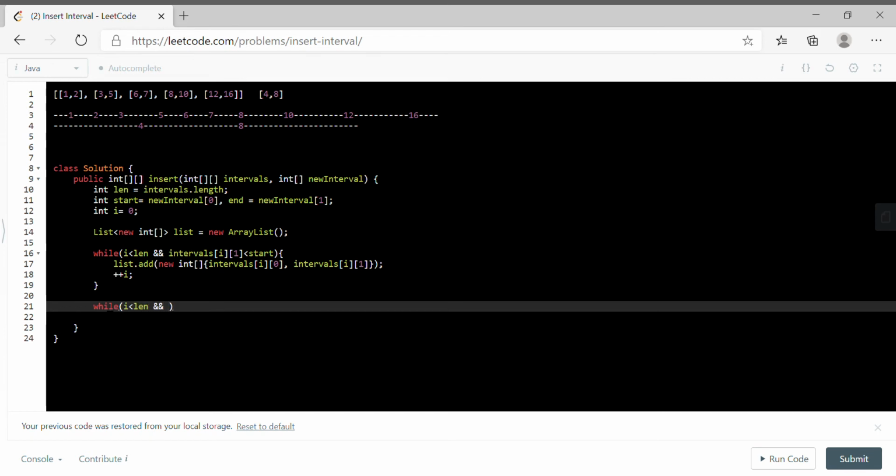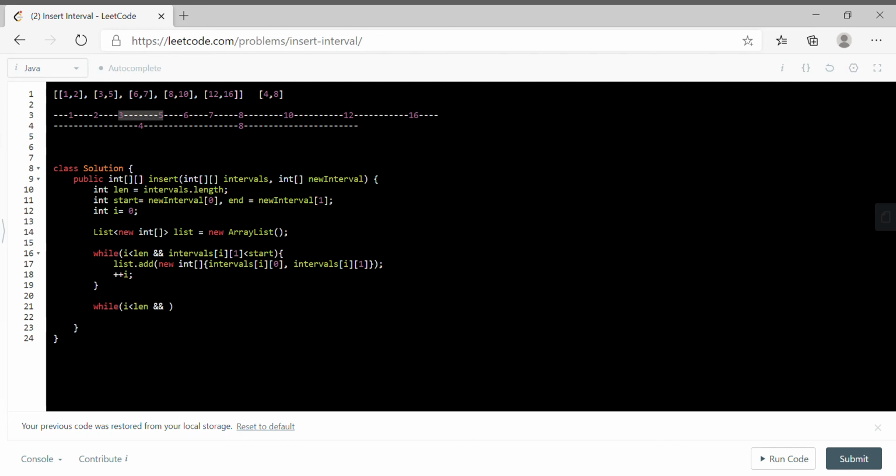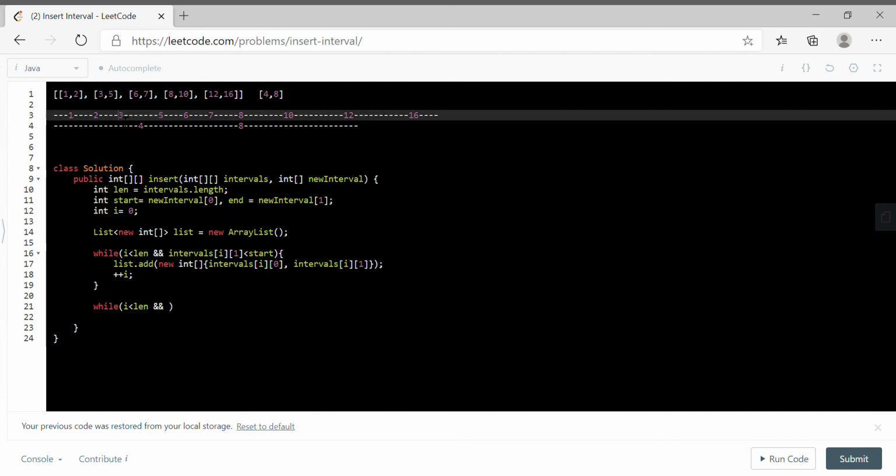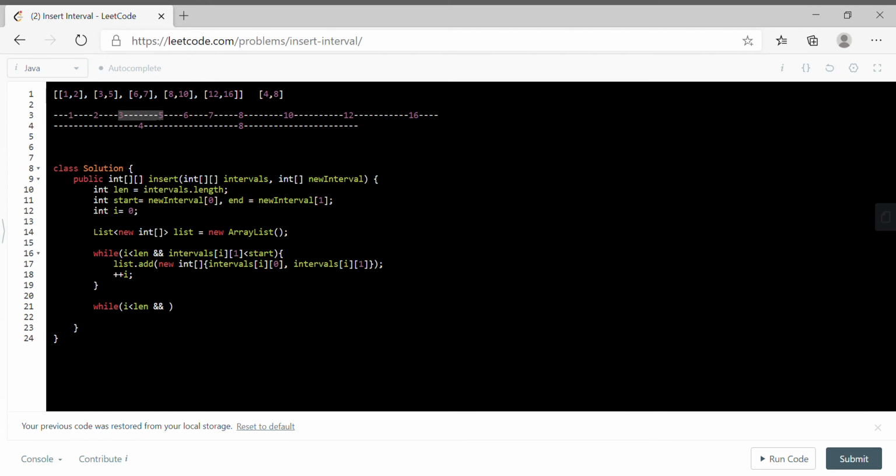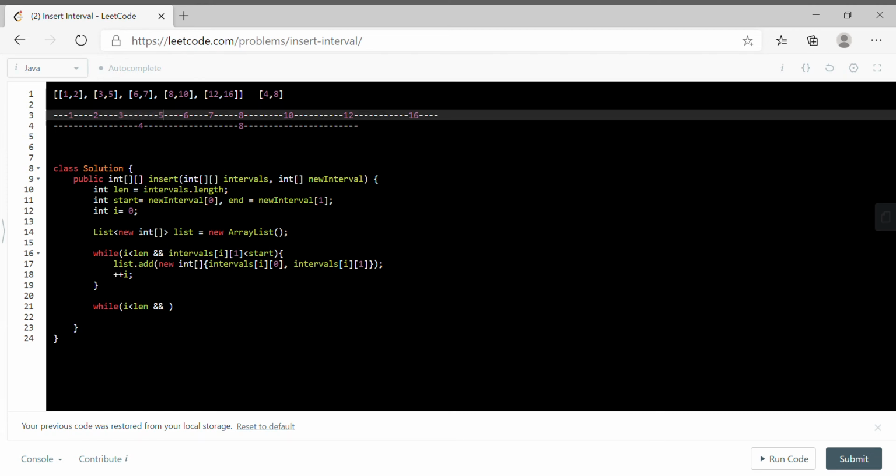Now when we have everything before the given interval, we need to check the length. And now the logic is, when we reach 3, this time 4 lies between 3 to 5, so we cannot include only the 3 to 5 interval because it overlaps. So that time we compare, if.